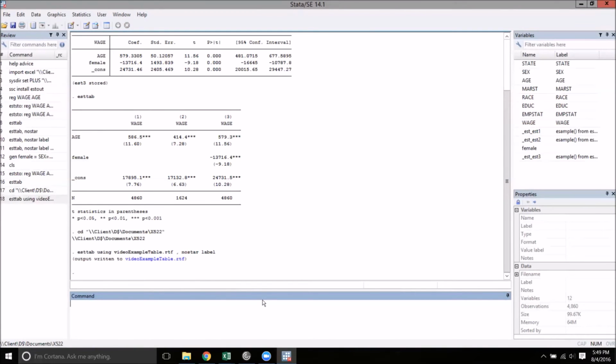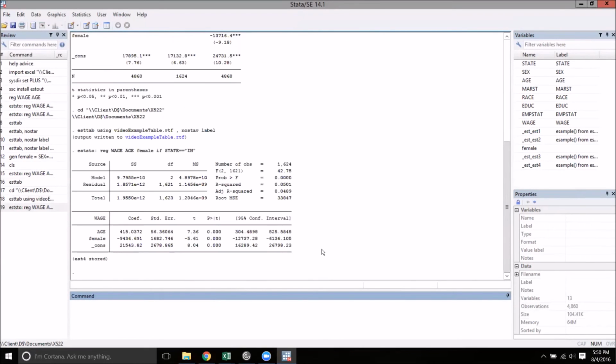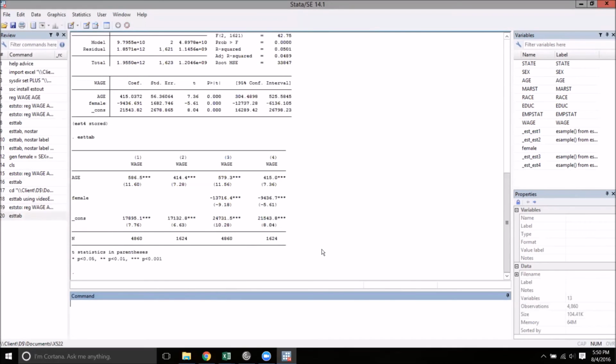Now if you decide, well, maybe I want a fourth column, then we can do that by running one more regression. Let's say wage on age, female, if state equals Indiana. We'll make sure that worked. Okay, that looks good. Now, if I want to update my rich text file,